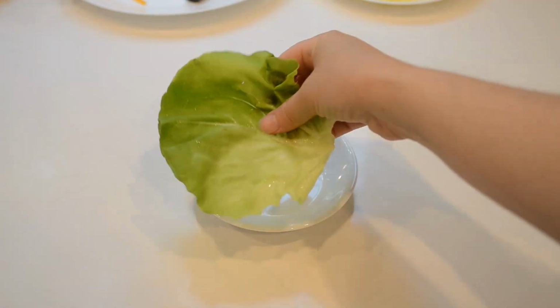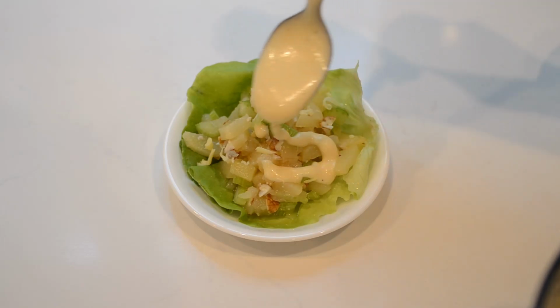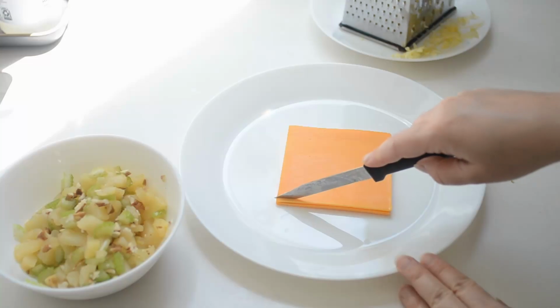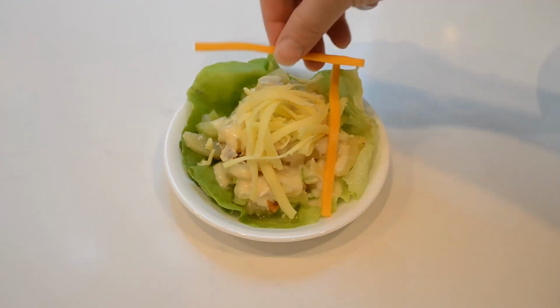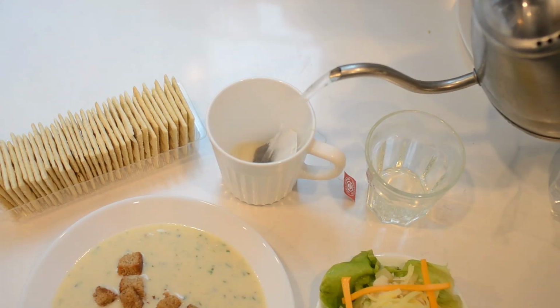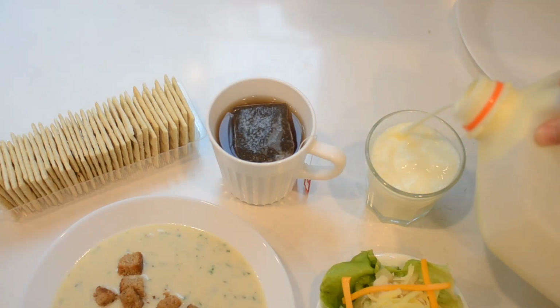Then place in lettuce cups and garnish with the fruit juice mayonnaise. Sprinkle with some grated cheese and garnish each salad with 4 narrow strips of cheese. The cookbook doesn't specify how to arrange the strips, but this is what I decided to go with. I made some Irish breakfast tea, and along with some crackers and a glass of milk, that's the complete lunch